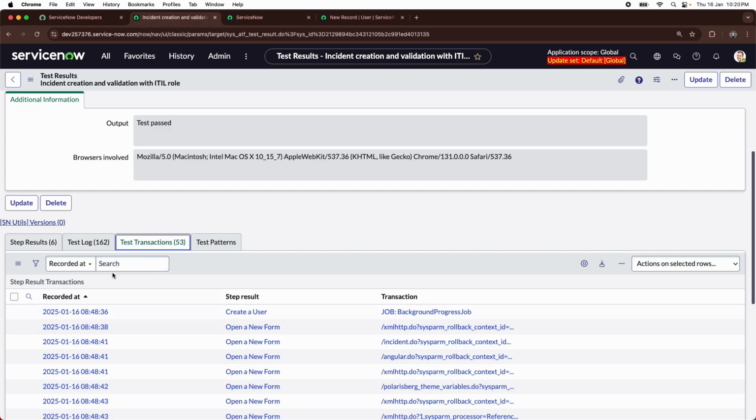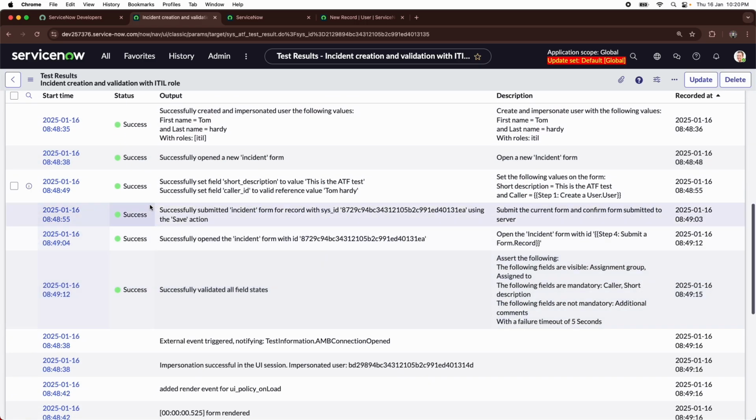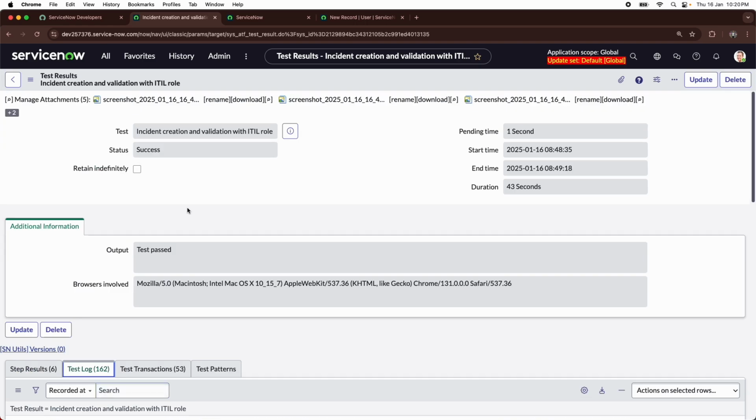We have test transactions and test logs. So these are the details you can check. Now we have some interesting things. You can see there are some screenshots attached. What are those screenshots? If I click on this